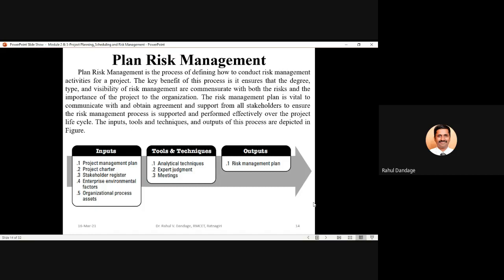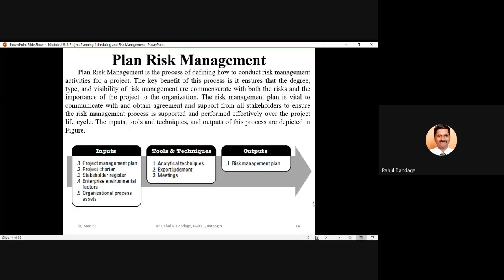So when you are going for this plan risk management process, we have to ensure that whatever degree, type and visibility of risk management we are planning, it should be in line with the importance of the project to your organization.